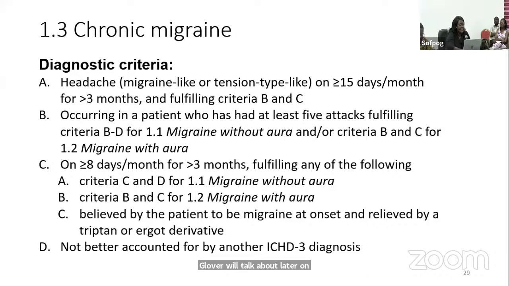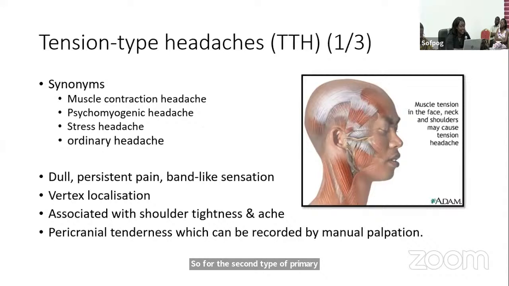So for the second type of primary headache, tension-type headache, which I said is the commonest, there are some synonyms. Some books will call it muscle contraction headaches, stress headaches, or ordinary headaches. This is the commonest type. Everybody at one point or the other may experience it. It's described as a dull, persistent pain, a band-like sensation